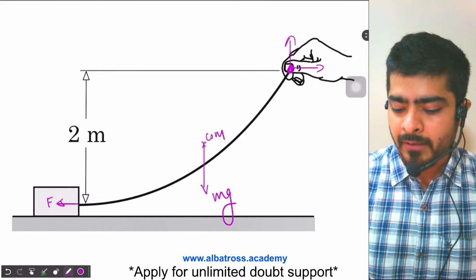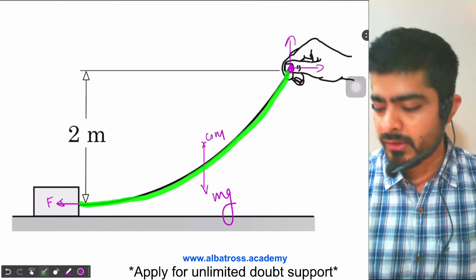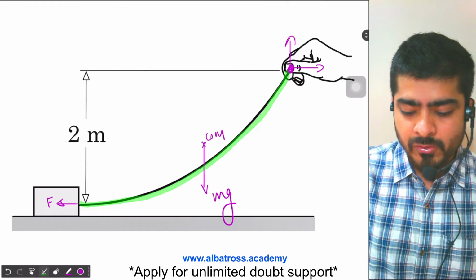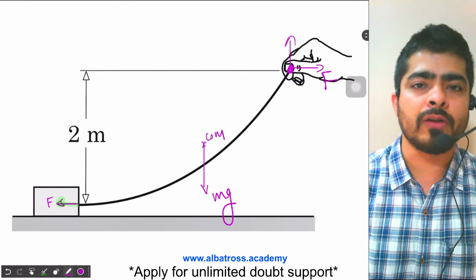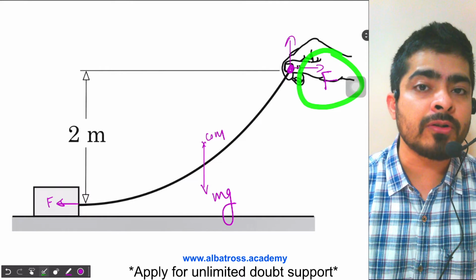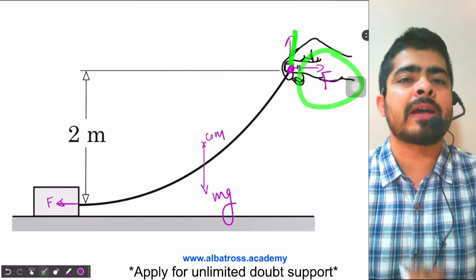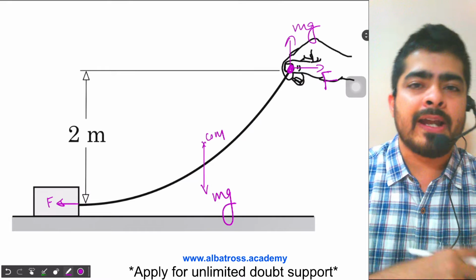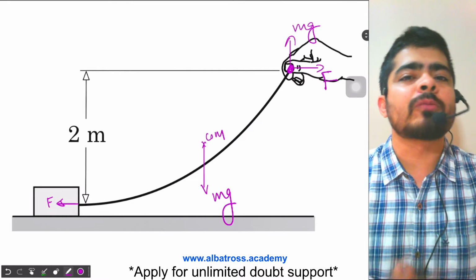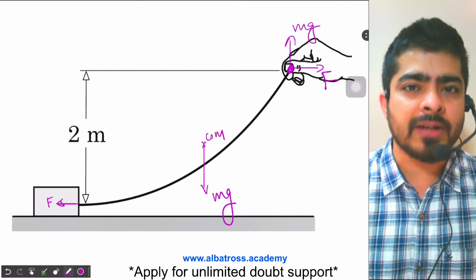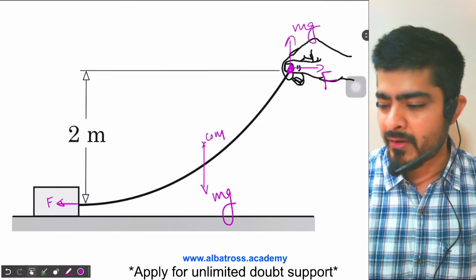And all of you might be aware that the horizontal component of tension remains constant throughout the rope. So since the horizontal force over here is F, here also it should be equal to F. And what should the vertical component be equal to? That should balance gravity, so that should be equal to mg. So this was my FBD, and I tried to write the force equations. I tried to balance forces. Then I also tried to balance the torque, but I was not getting any satisfactory answer. This was my first attempt, my first method of trying to solve this.